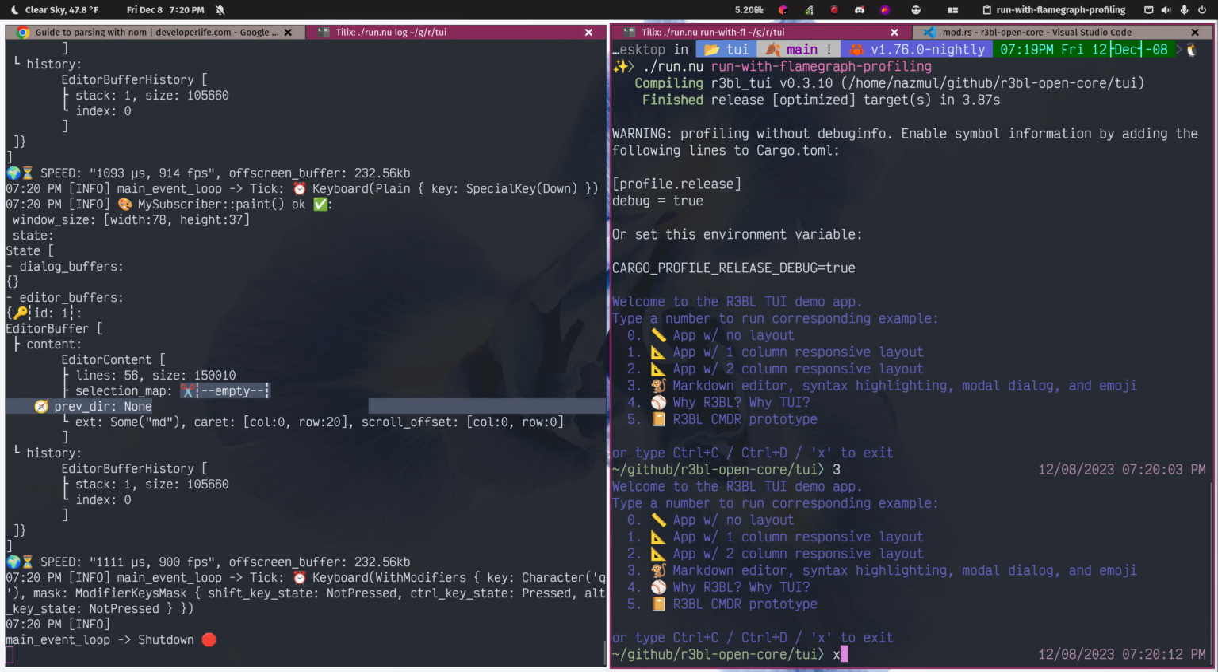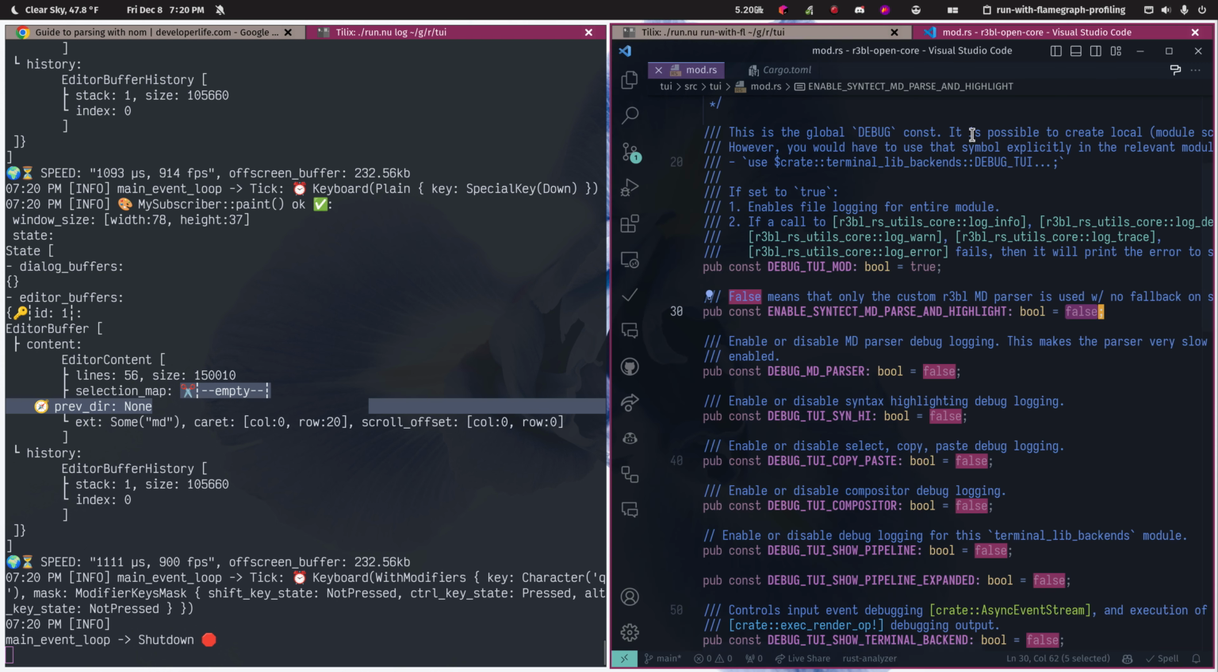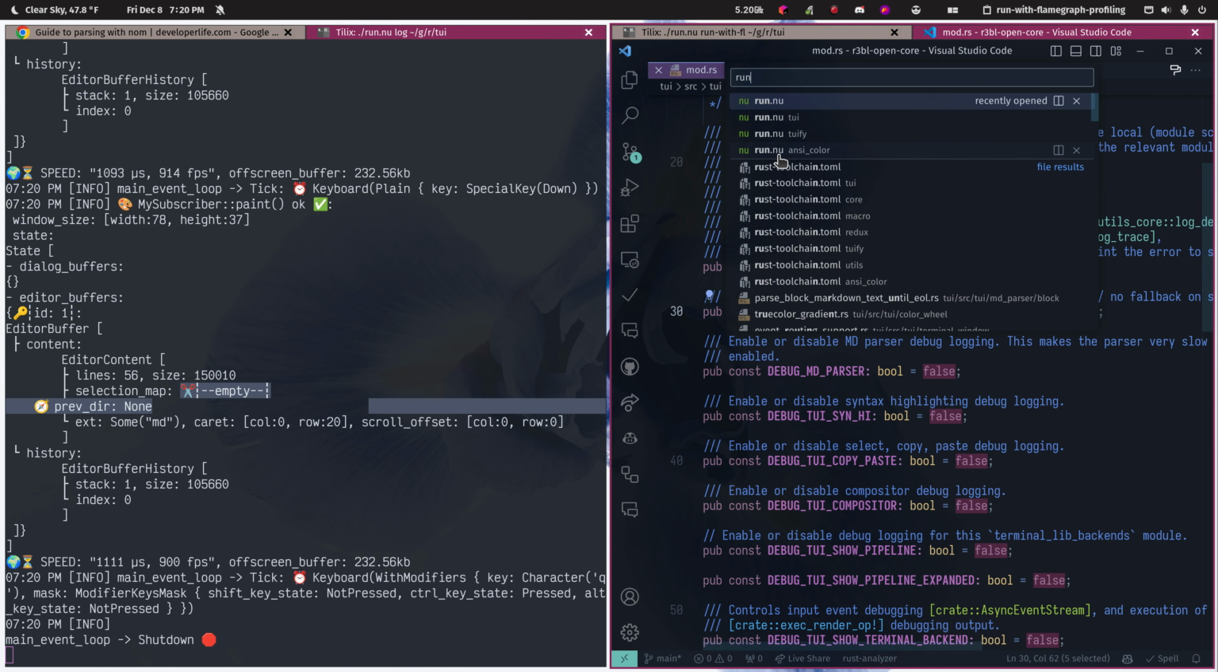So when I exit it, you'll notice that it's saying that the flamegraph profiler is doing a bunch of stuff, and it's gonna end up collecting all the telemetry data and generating an SVG file, which is going to be interactive. So there's a crate that we're using to actually do all of this, and you can actually see that